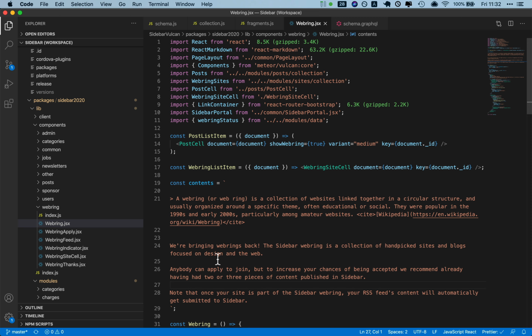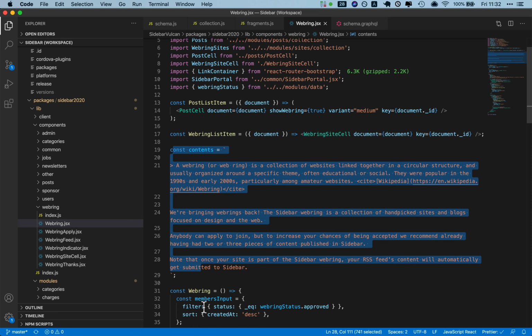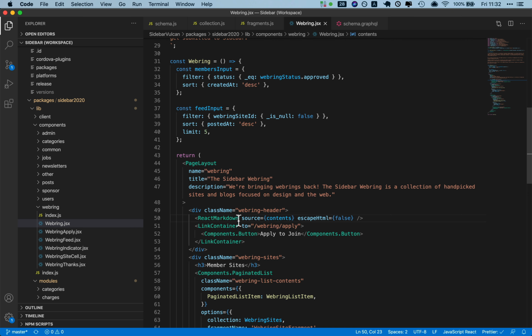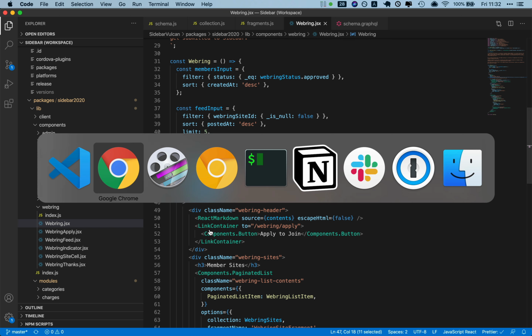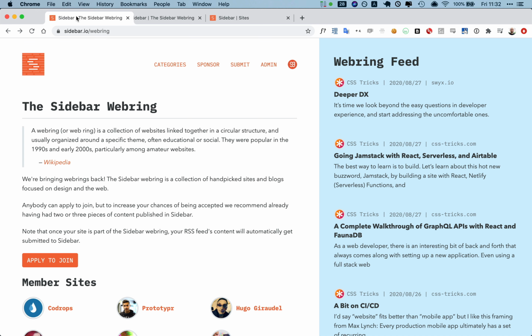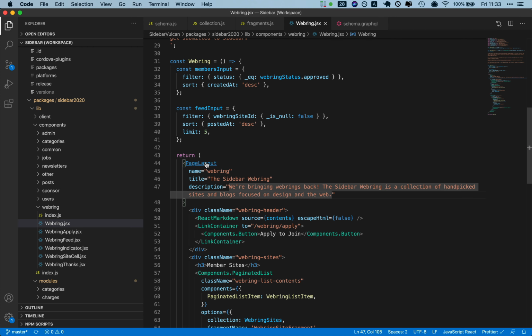So it's all here. We have some markdown content that's then passed to the React Markdown package. Right above, we have our page layout, and I'm passing titles and descriptions. This is something I just added to take care of the actual page title here, the metadata. It's pretty handy to do this,